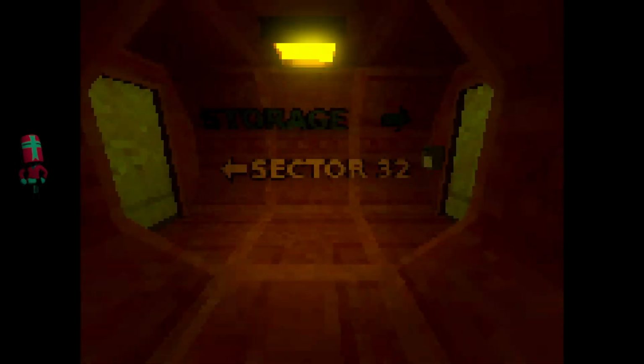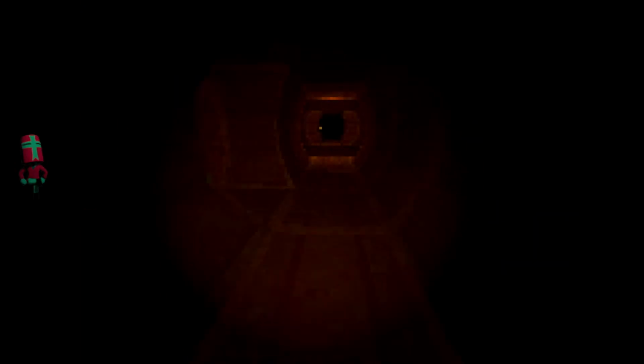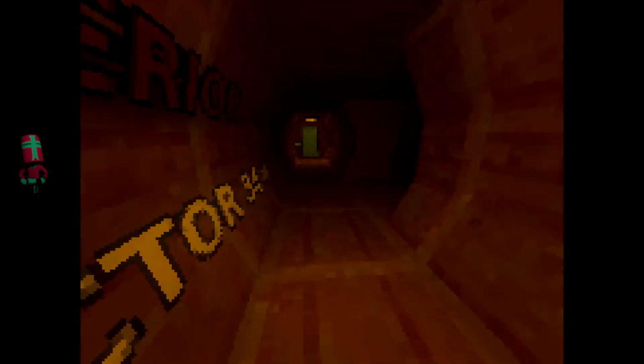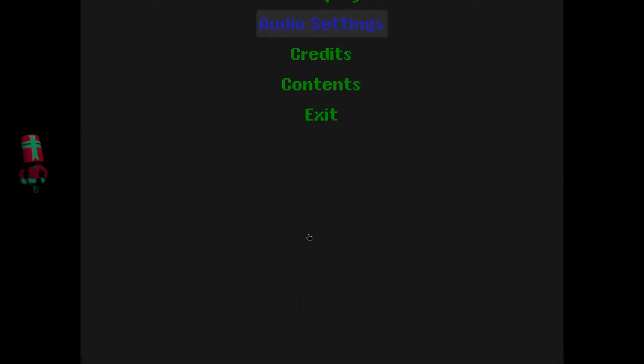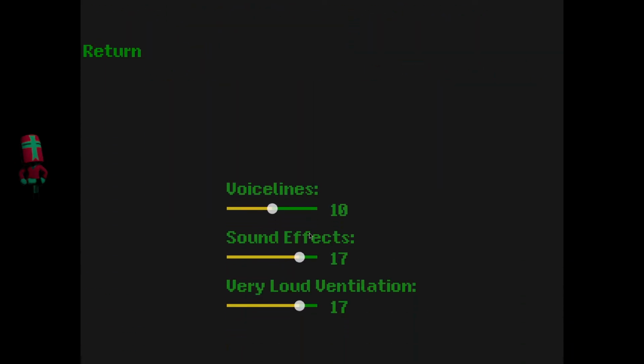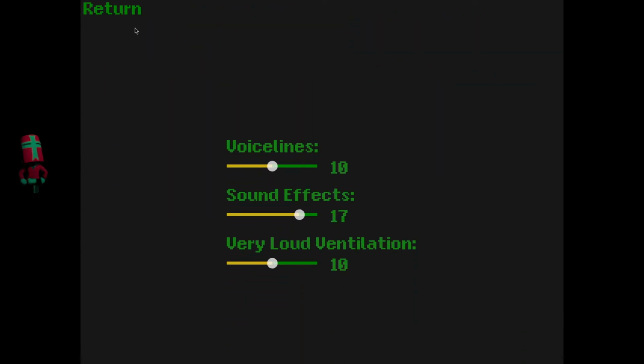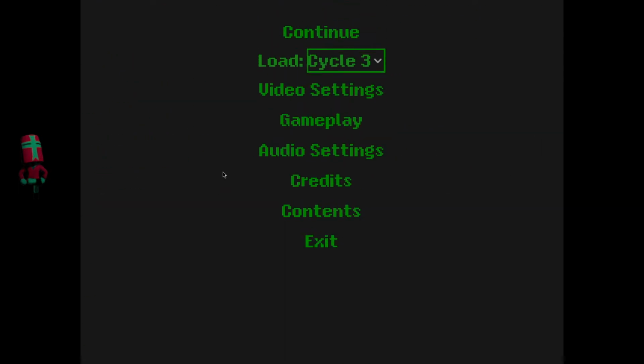Cycle 3. It is quite loud here already. Okay, that feels like it was more significant.